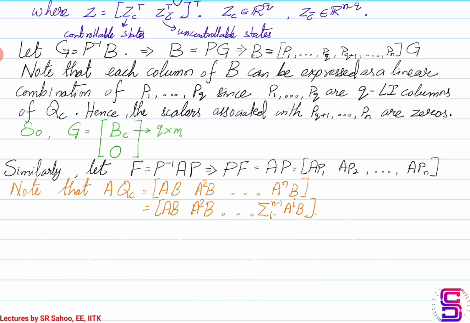I'm sorry, there is a coefficient alpha missing. I'll correct that in the notes. Okay, so that is how A^n can be represented,